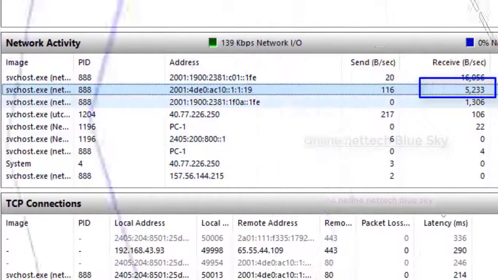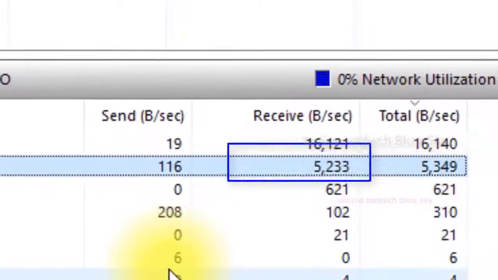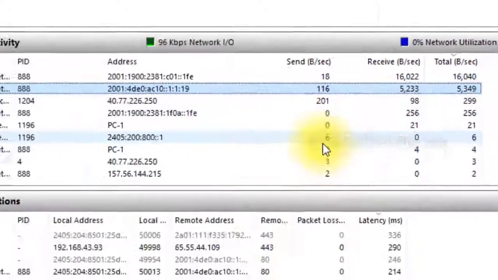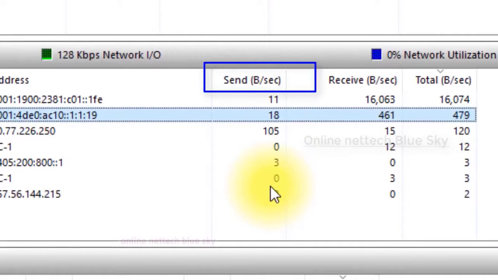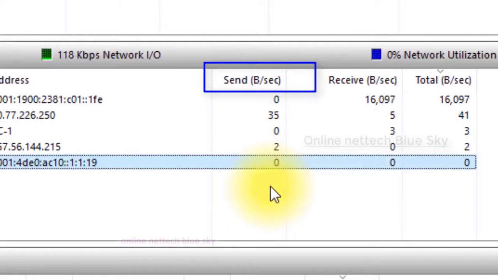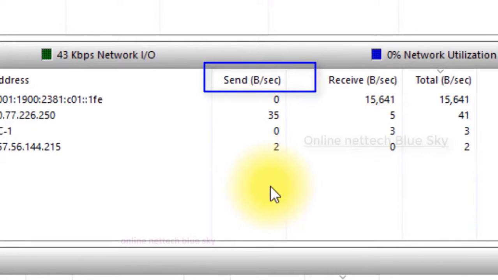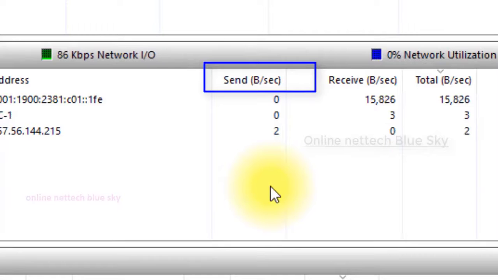You can see the send and receive of my internet data and connections, and you can see a total. In Mbps I can check how much network data is sent and how much load and traffic is on my computer's network. Resource Monitor helps me see the send and receive system.